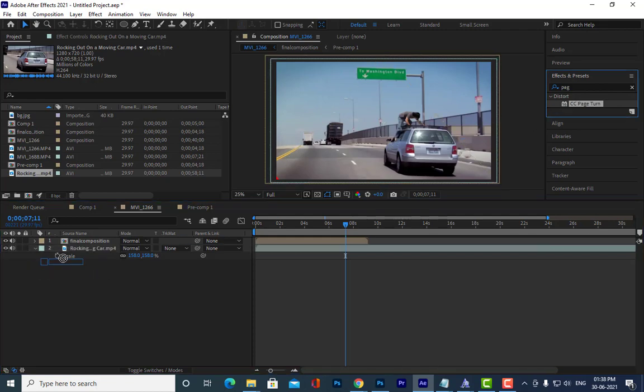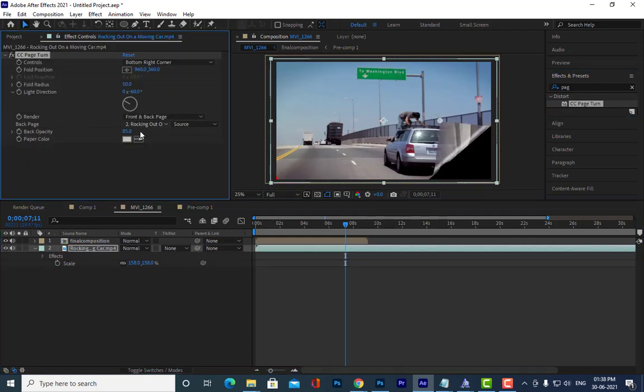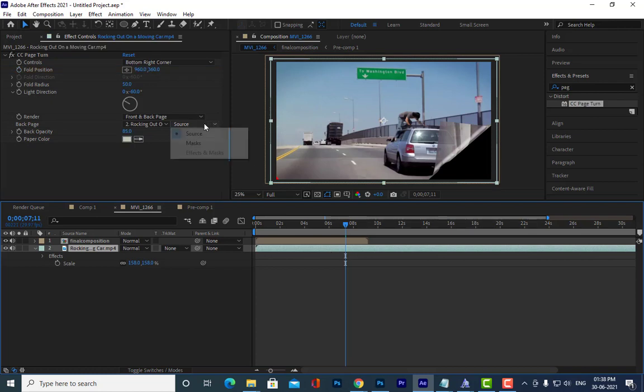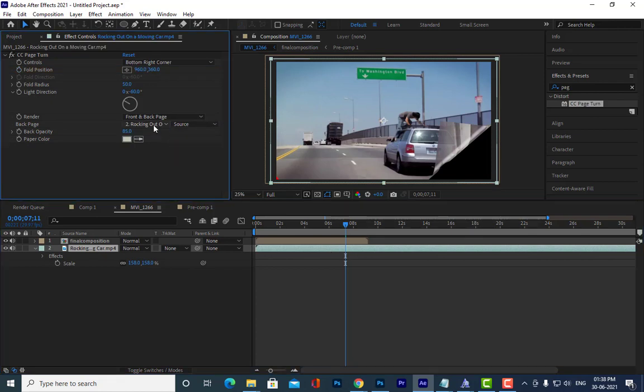And you will first apply this. Okay, so apply this, and then what will we do next? We can remove this. See here, it is taking this clips image. But we can actually use the other clips also. So how can we use that? See, we can use this final composition one also.